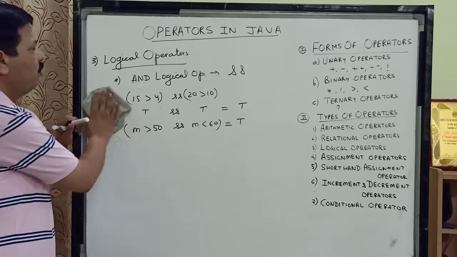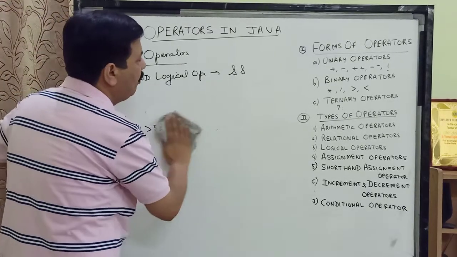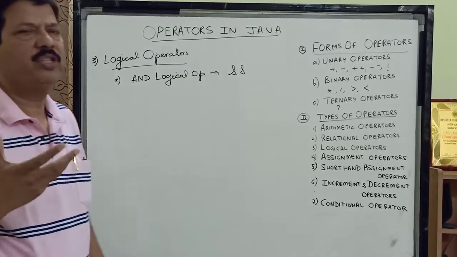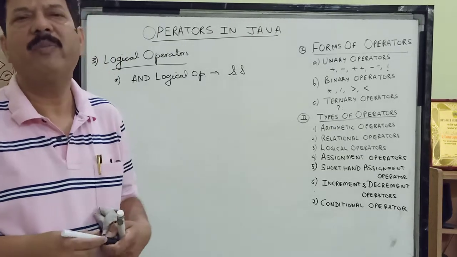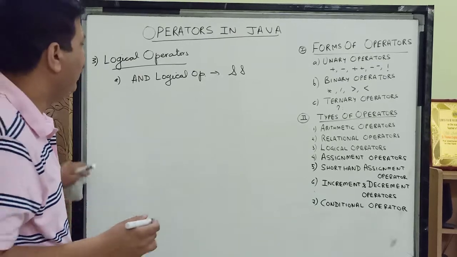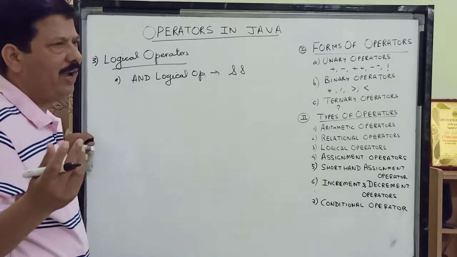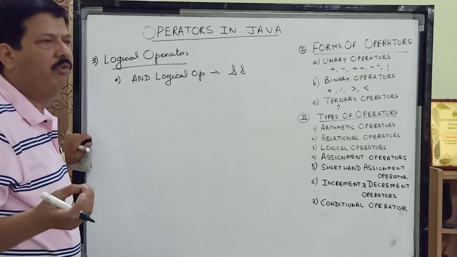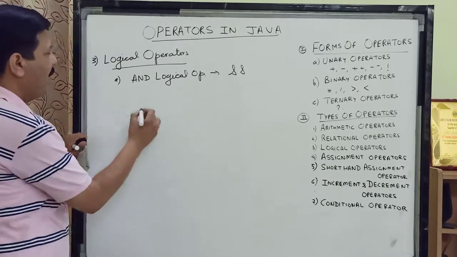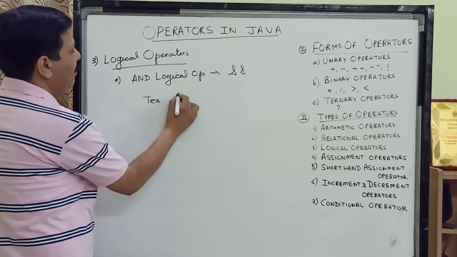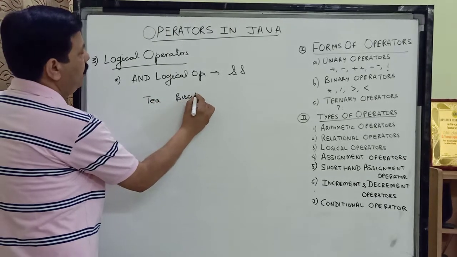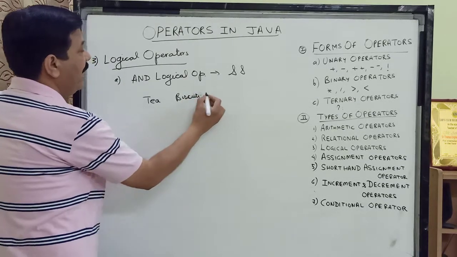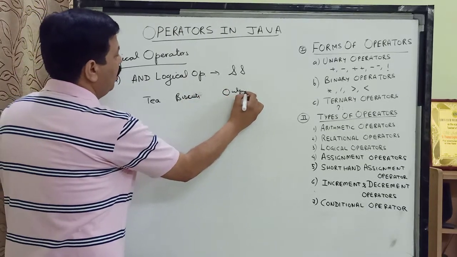Now children, I am going to represent these conditions with the help of a truth table. Truth table means children, to see all possible values of output for all possible values of inputs. Say children, if I come to your house and I ask you for tea and biscuits. So I am asking you for tea and I am asking you for biscuits. So we will see what will be the output of this.